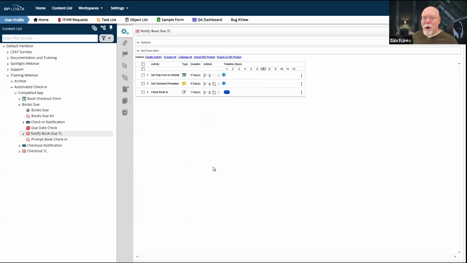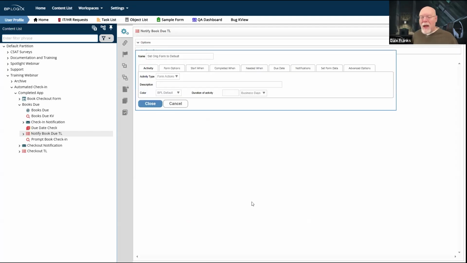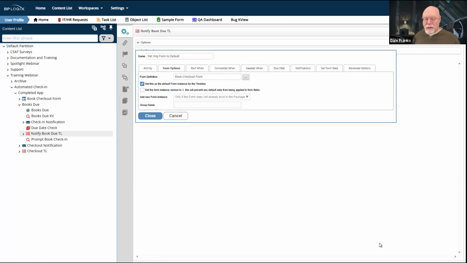And that takes us to what I have to do to make that original form work. The first thing I have to do is set the original form via a form actions process timeline activity as the default instance for the timeline. When this process gets invoked, despite the fact that the book checkout form is automatically attached to the process timeline, it does not have a default form set, as we just saw.